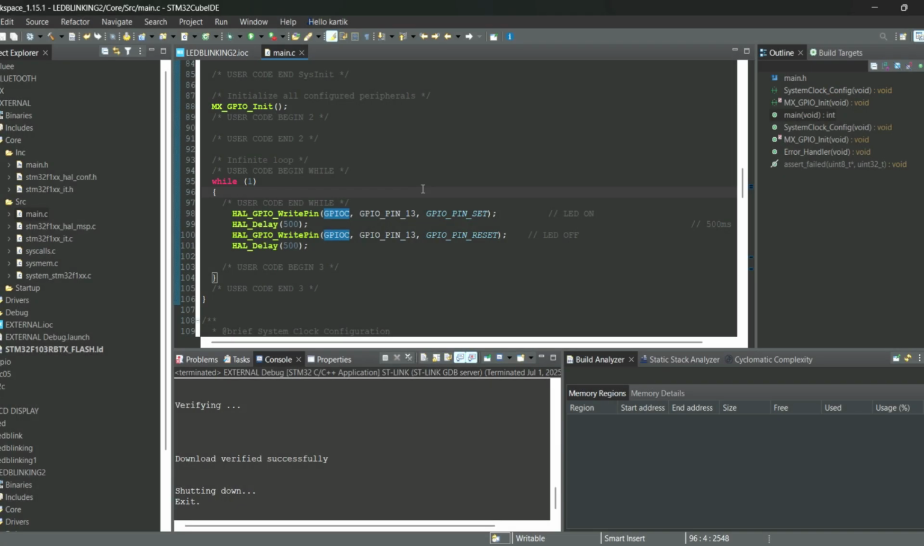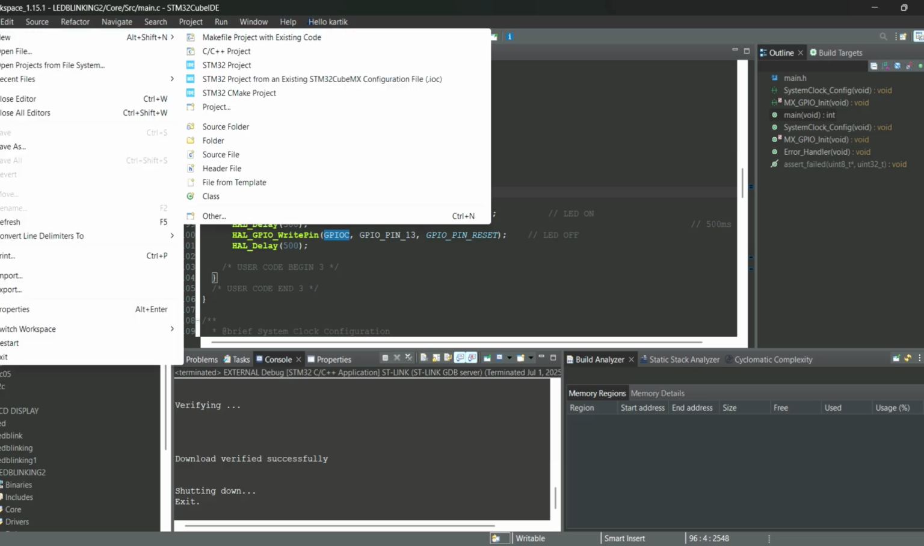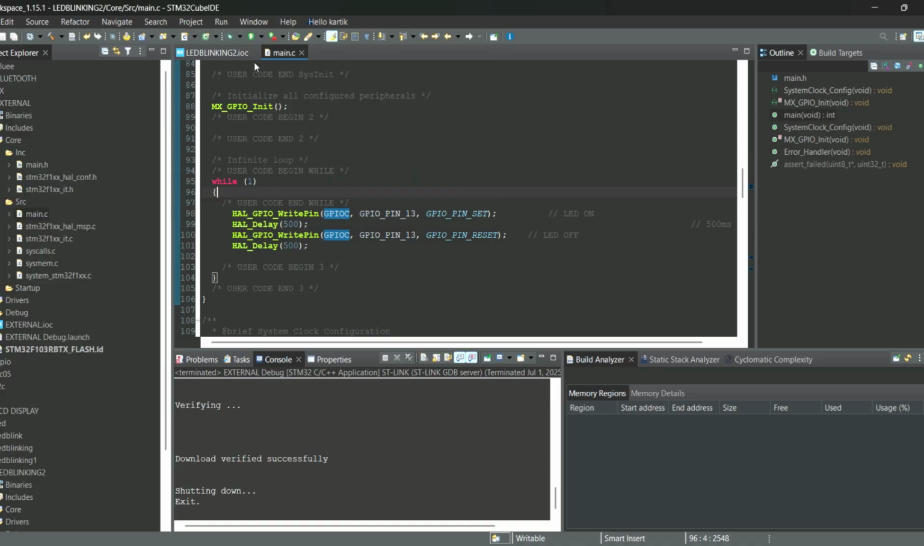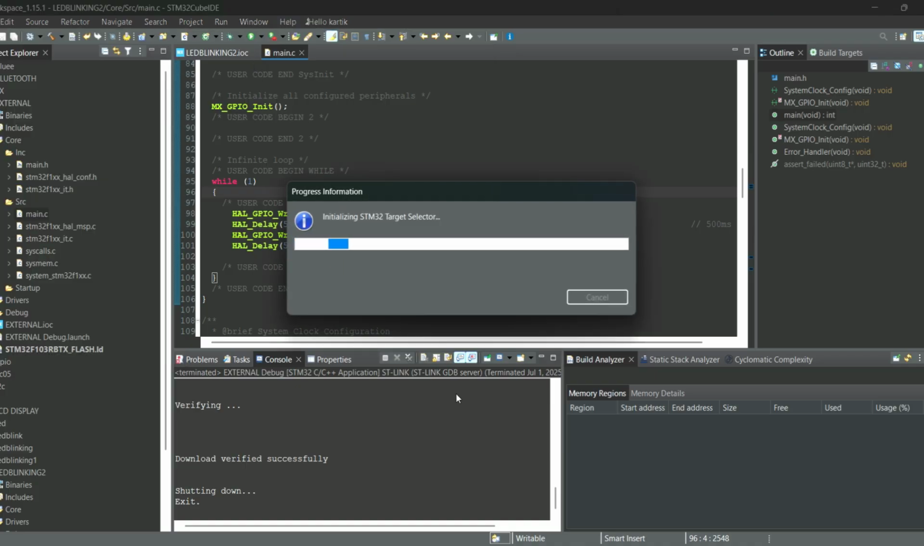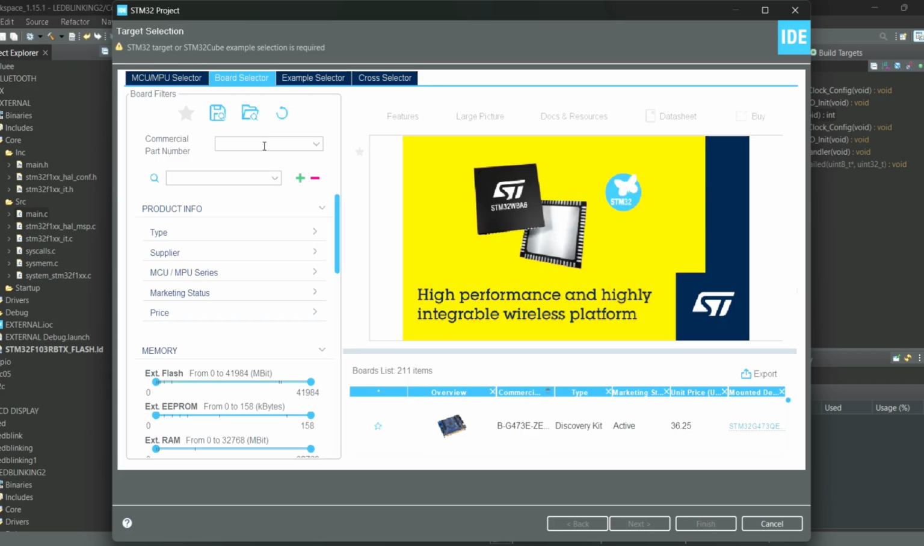Let's start interfacing the push button with STM32. To proceed with the interfacing, go to File, New and STM32 project. Here go to board selector and select the board which you are using. Okay, click on the board,